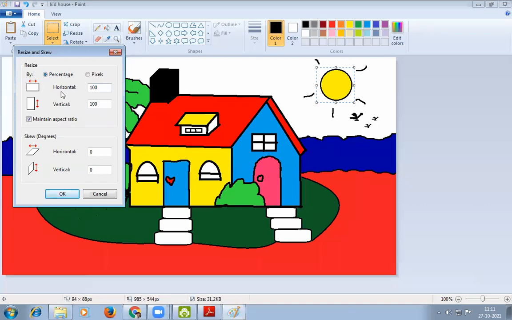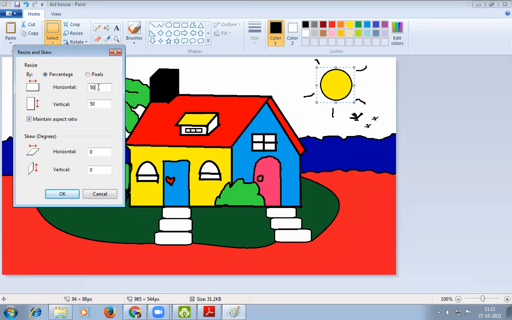Here in the horizontal box it is given 100, and in the vertical box it is also given 100. It means the picture is in its original state. If we reduce the size of the horizontal or vertical dimension, then the picture size reduces. Look here.